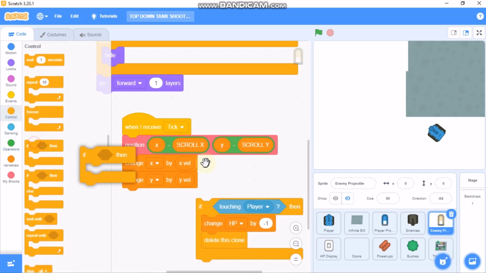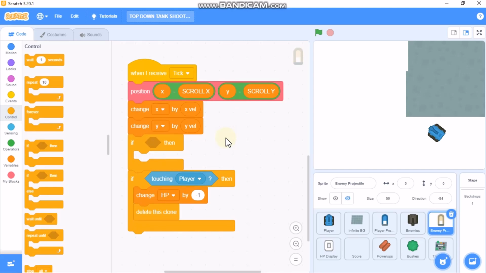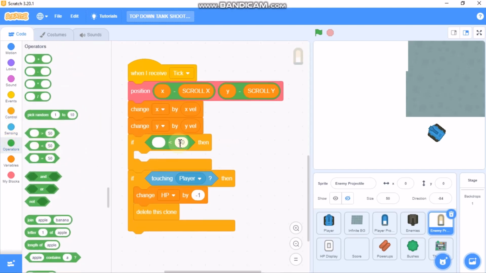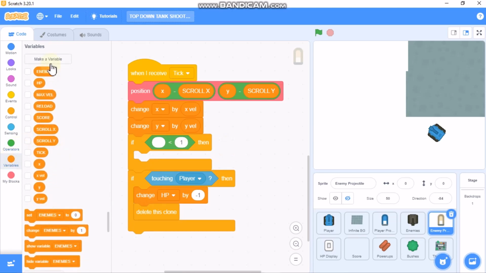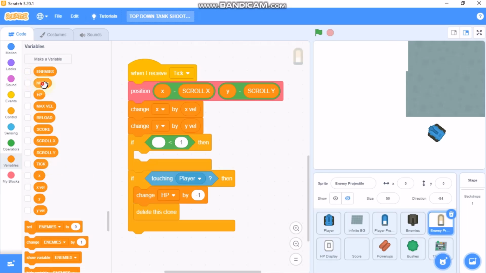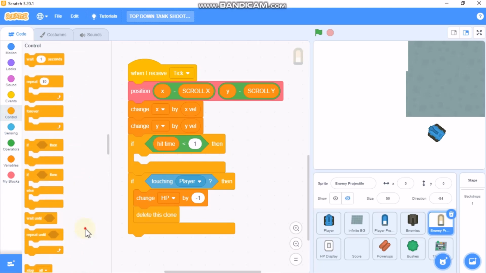And grab if. So if our, let's make a new variable called hit time for this sprite only. So if hit time is less than 1, then we need to delete this clone